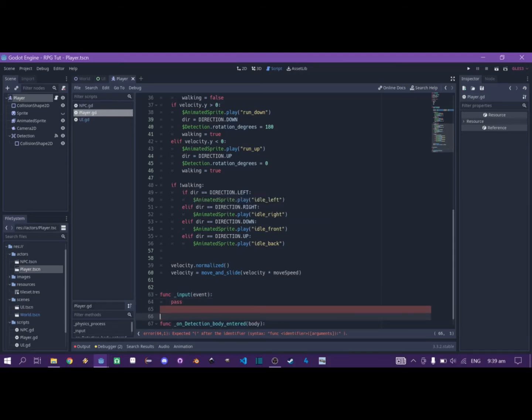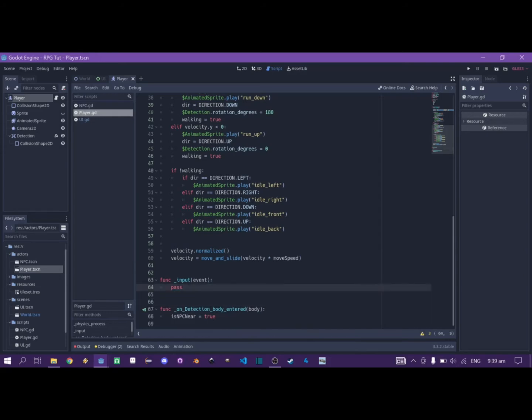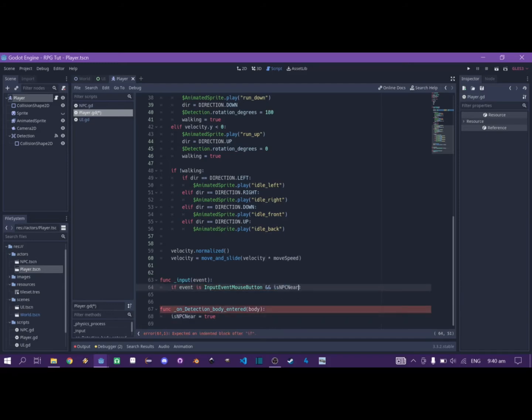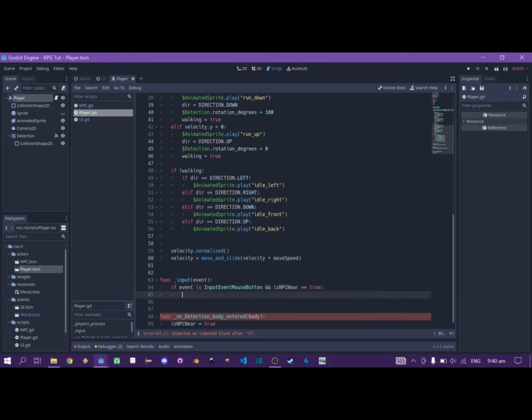Okay, so event, then if event is input mouse button, okay, and if our boolean, yung ginawa nating boolean, ito is true. Okay, lalagyan na lang natin ng ganito para mas clear sa inyo. Okay,